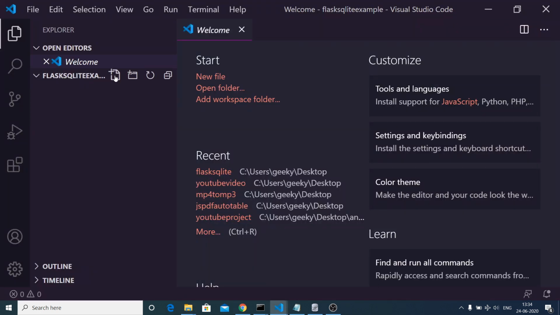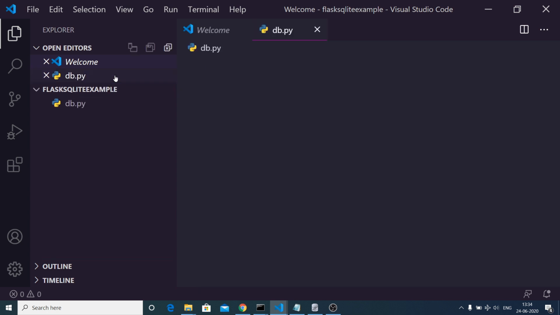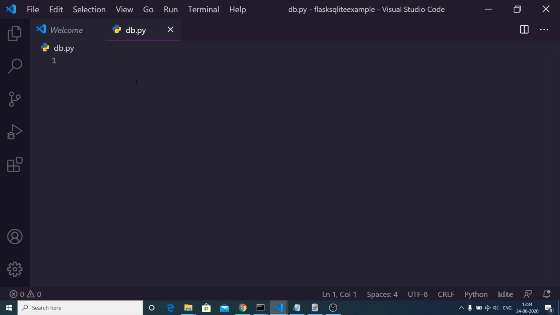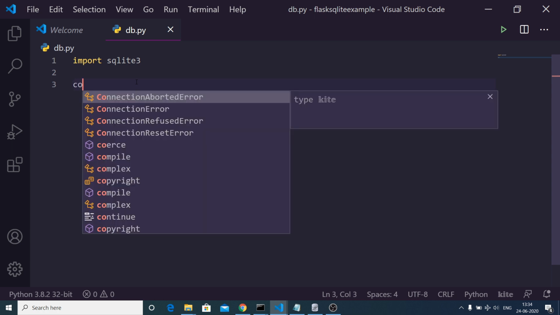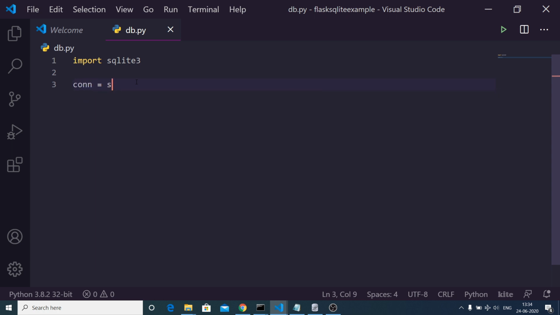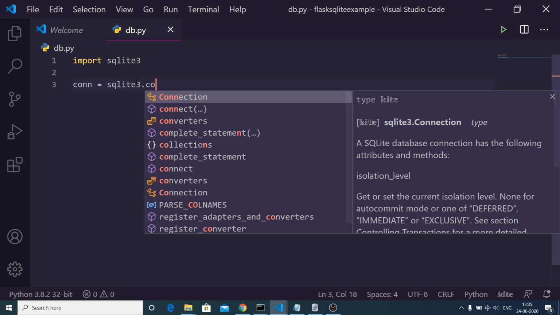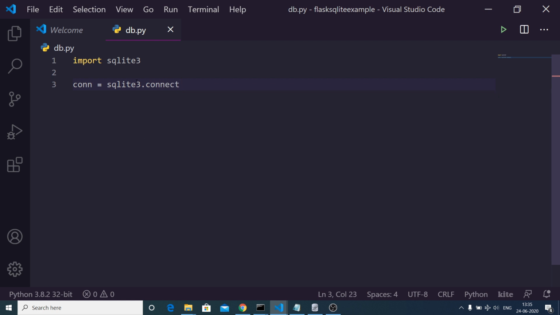The first thing that we need to do is create the db.py Python file. This will contain the database code. As you know, SQLite comes as a default dependency, so you need not import it manually. You will write here import sqlite3. This is a dependency in Python, and then you will have the connection variable in order to connect to the database. So sqlite3 contains a method connect, which will connect to the database. Here you need to provide the database name. Let's suppose I provide here database dot